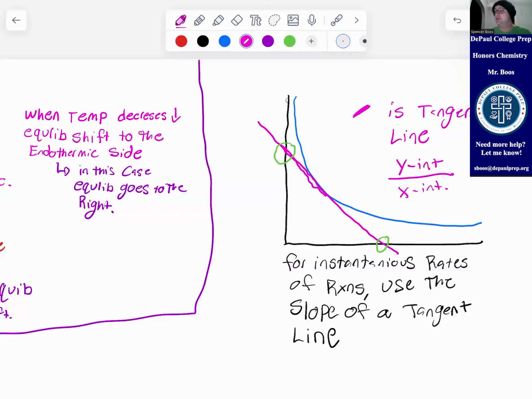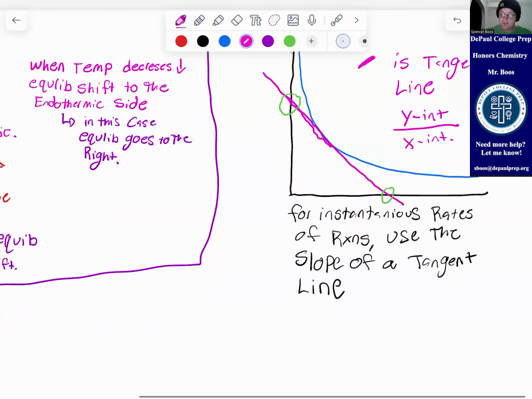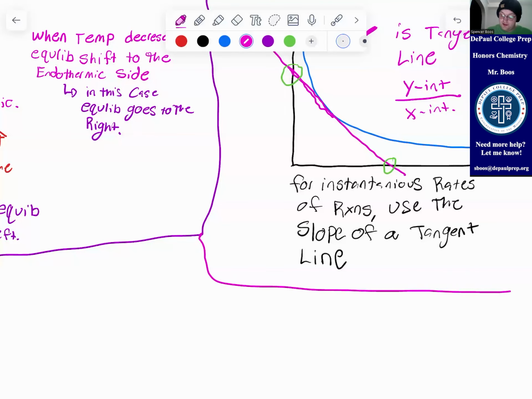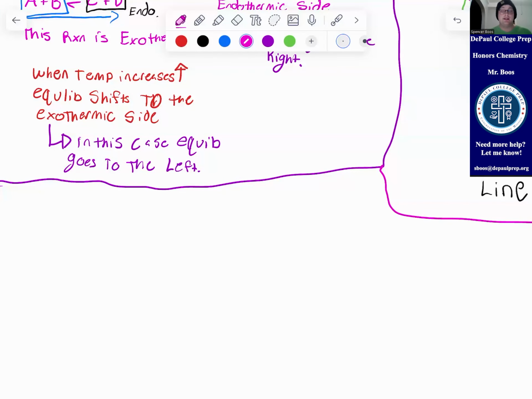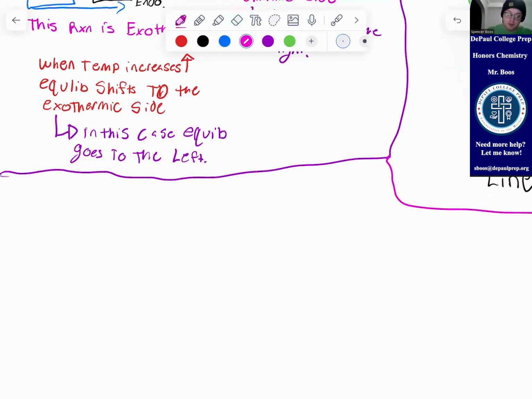What is the difference between an equilibrium constant and a rate law? Good question. So equilibrium constants and rate laws show two different things. For equilibrium constants,